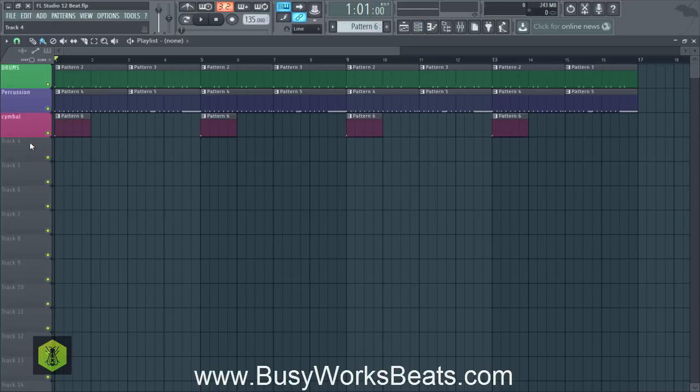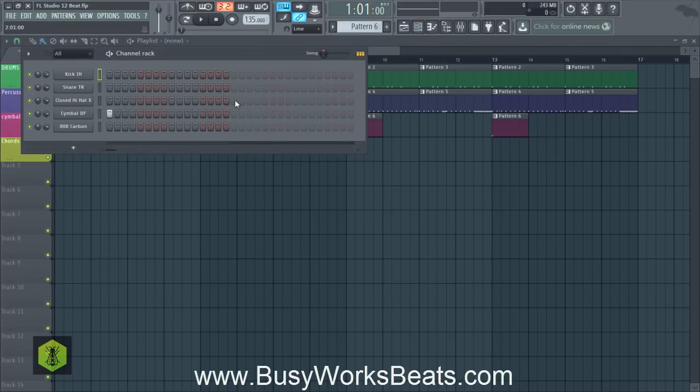Okay, so first thing we're going to do is rename track 4 chords. And let's just give it maybe yellow, keep it bright. Now the chords that we want to focus on for trap are more clubby chords and darker chords. So you want to think minor chords, A minor, G minor, D minor, those type of chords will give you that darker feel. Now there's more about chords at BusyWorksBeats.com, but for now, let's just go to an empty pattern.